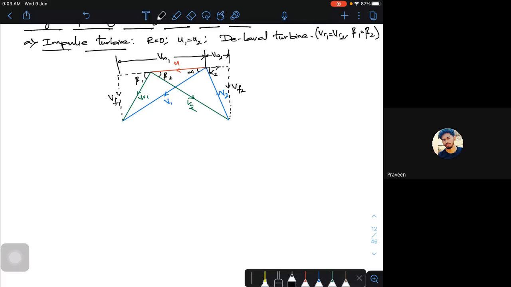Now let's try to analyze this particular thing. This is for a single stage. If I go for multiple stages, I have to draw two velocity triangles. Here you have to be very careful. When I'm trying to solve the expressions, you have two options: I can get the velocity components using the graphical method or use trigonometric principles.